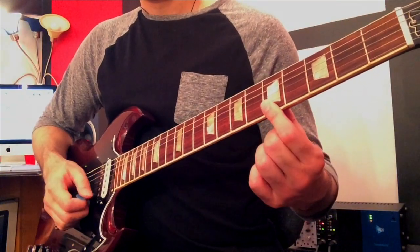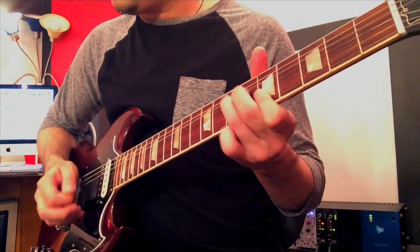Okay, one of my favorite rock cliches. They call it this because so many people use it, because it sounds good. We're going to start with bending the third string up at the 7th fret, the D, up a whole step. Okay? Then we're just going to bar our first finger across the second and first strings at the 5th fret and play them one at a time. So right away you get the old...